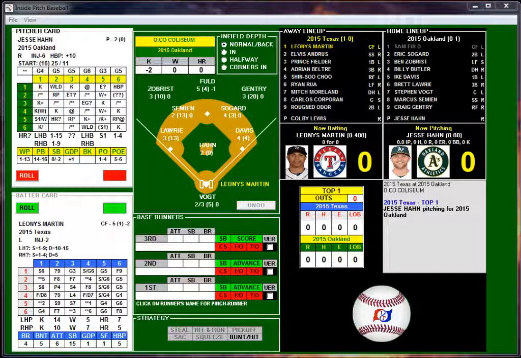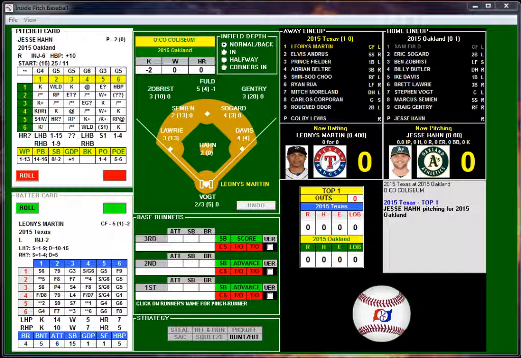Just for me, clearing up some of the issues I have with Inside Pitch, just giving you access to all the players when you should only have access to a 25-man roster, especially here in the beginning of the season. So again, Colby Lewis will be starting for Texas, and then when he's tired or needs replaced, I'm probably going to be bringing in one of the pitchers that came in during the actual historic game.